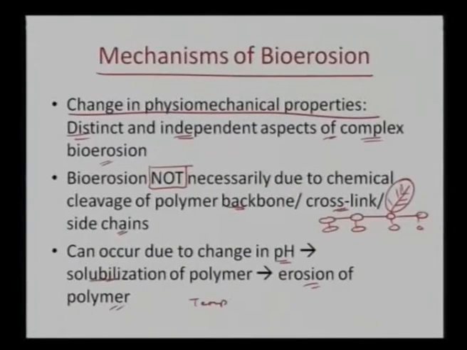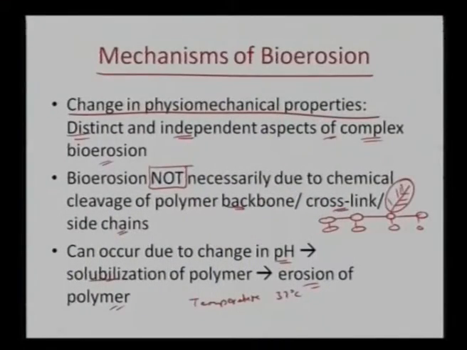Additionally, we can also have certain other aspects. It can also be temperature, because our human body temperature is around 37 degrees centigrade, and depending on the TG or the glass transition temperature of the polymer, there can be difference in its state. So it can be either glassy or it can become much more amorphous. Depending on that, it can again have very different mechanical properties. It can also have very different chemical properties. So it will have a very different affinity for the uptake of water, and then again it can lead to very strong hydrolysis once it is in amorphous state. So even feeble changes in the TG temperature can lead to the bioerosion.